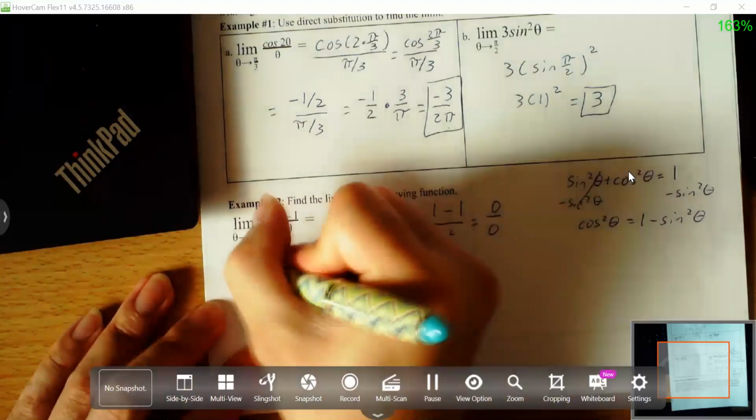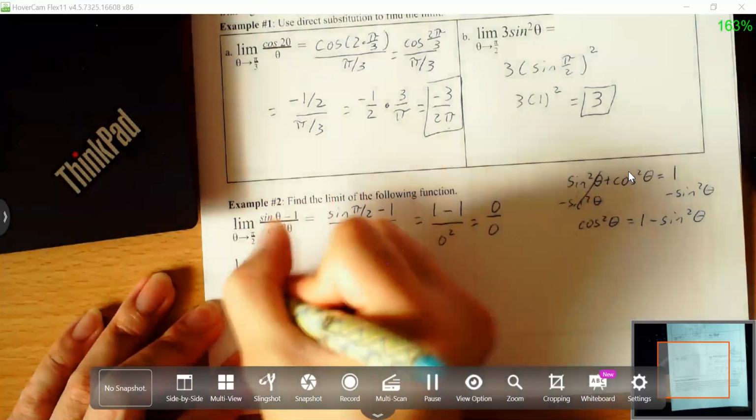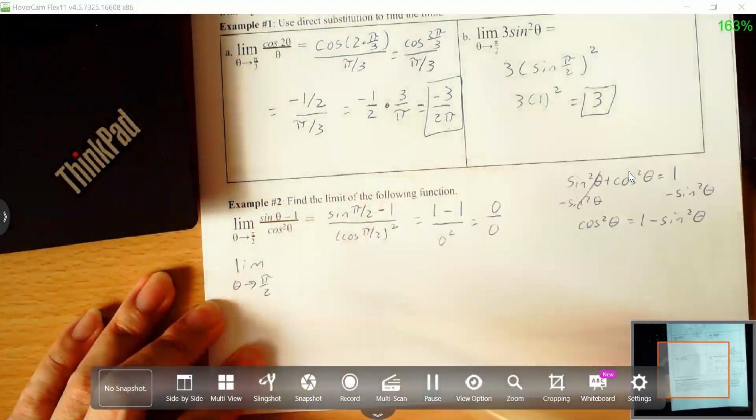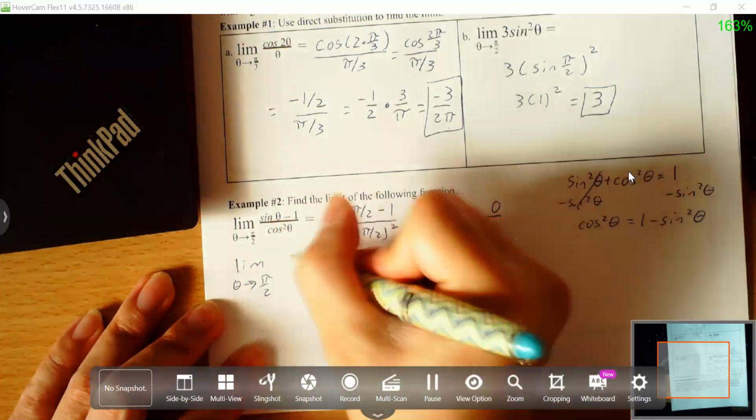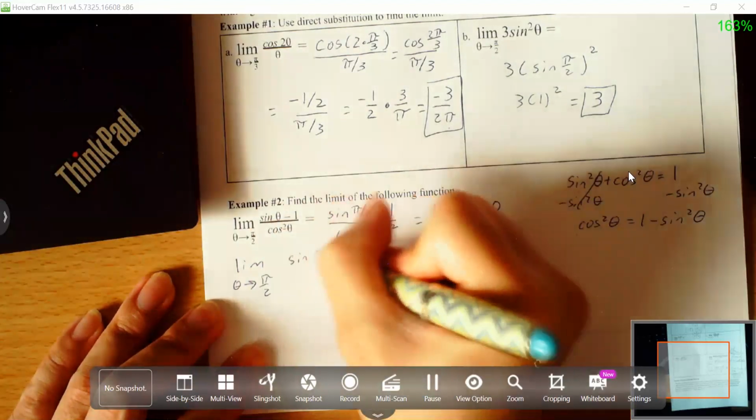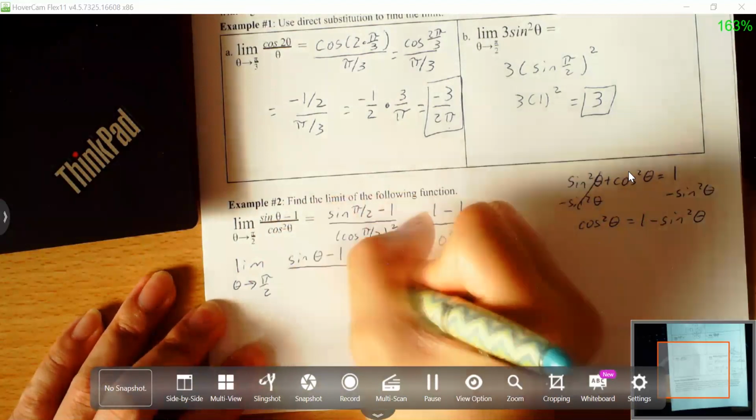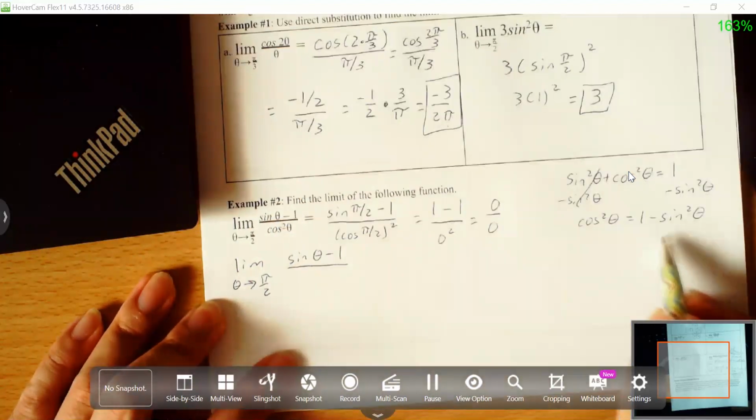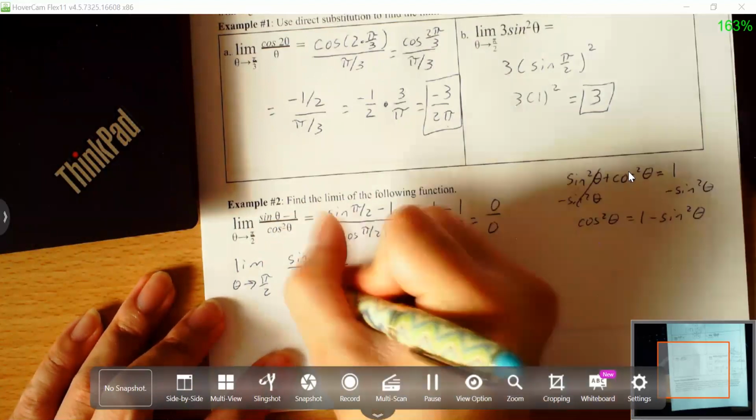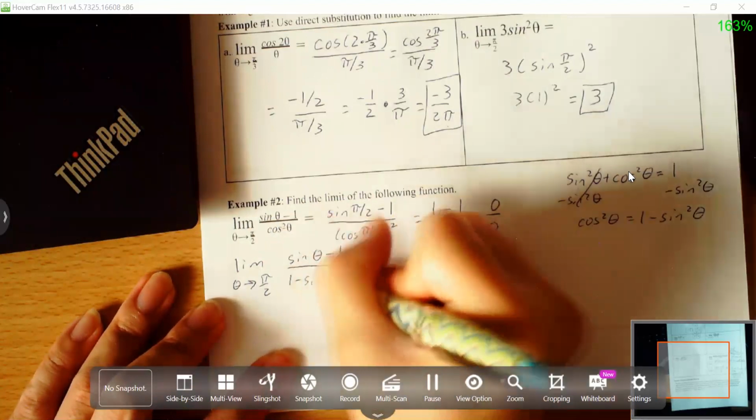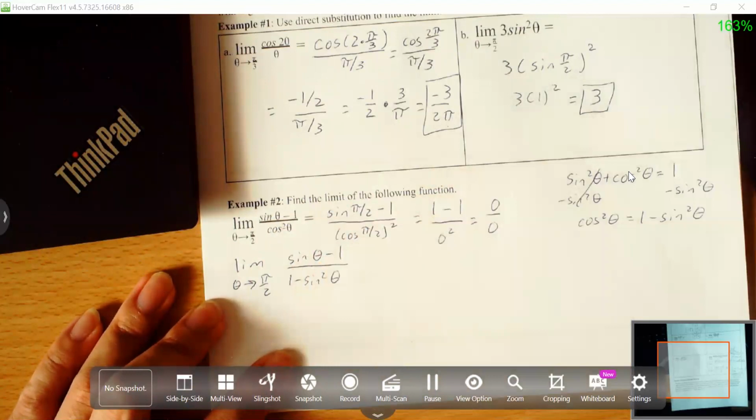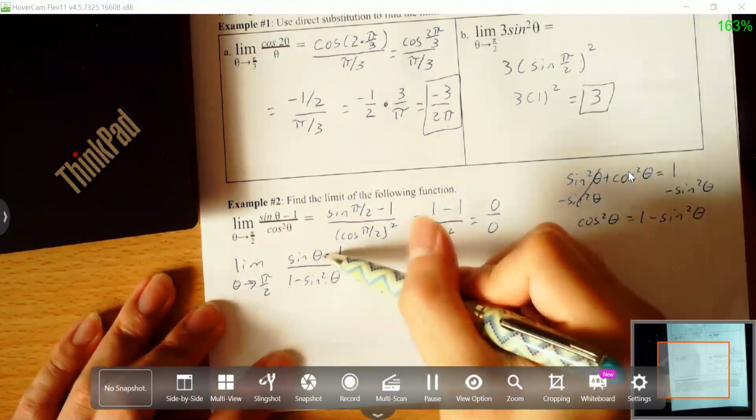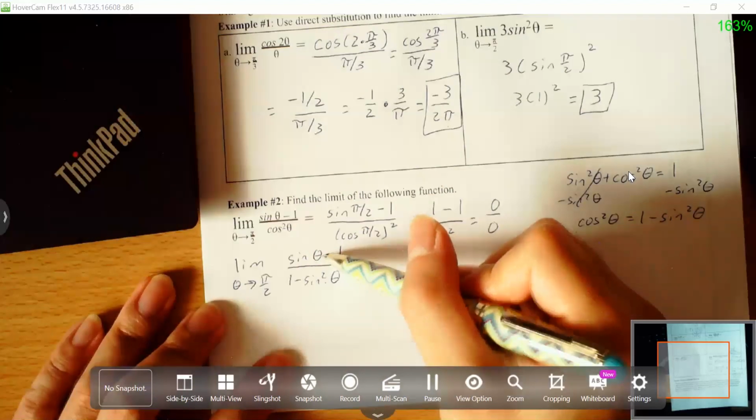Let's change this. So this will be the limit as theta approaches pi over 2. The top is going to stay the same. But the bottom, we're going to use this property here. And we have 1 minus sine squared theta. Now, a lot of you are thinking, oh, can we just cancel that? Well, we can't because this is sine squared and this is sine. But if you remember,